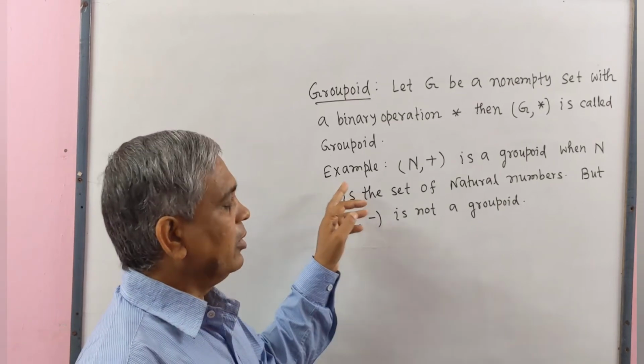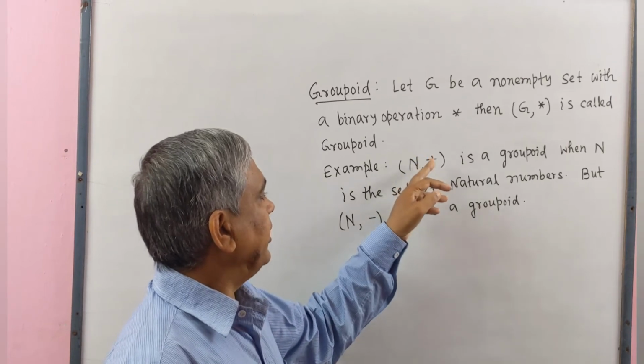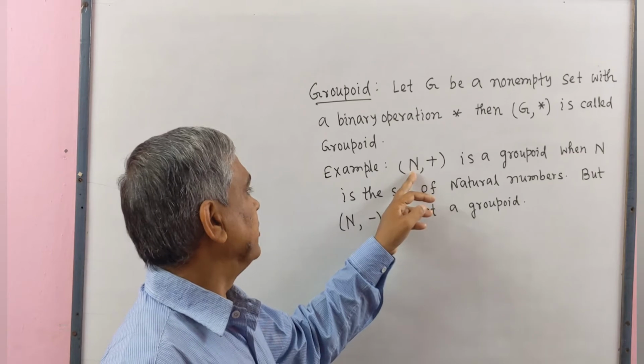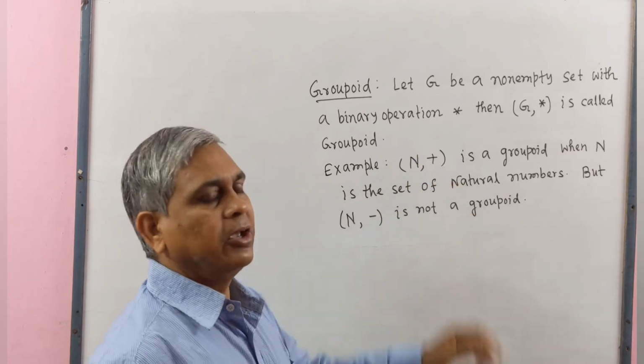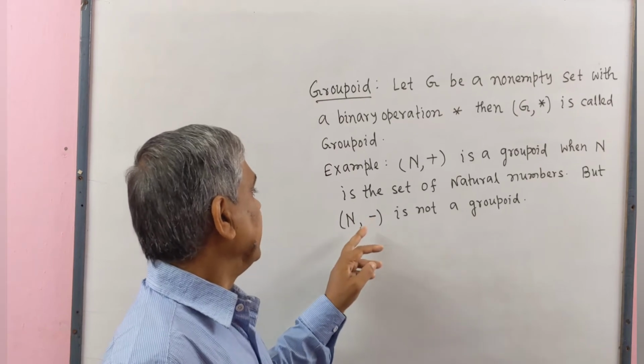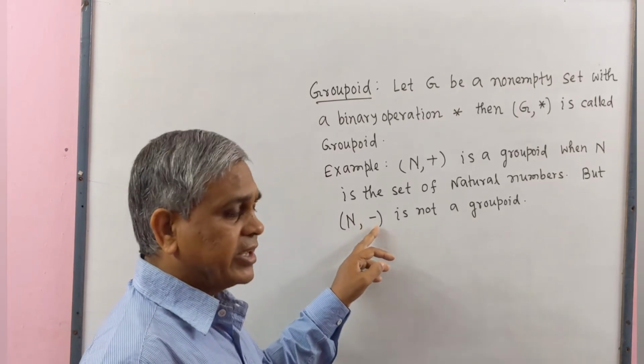For example, N with binary operation addition, where N is the set of natural numbers, is a groupoid, but N with operation